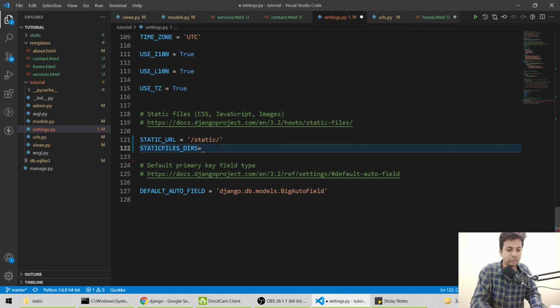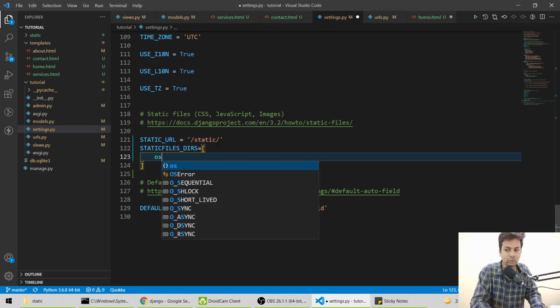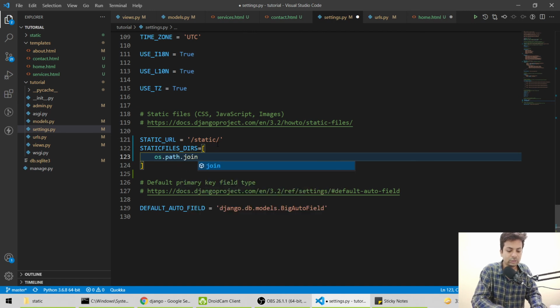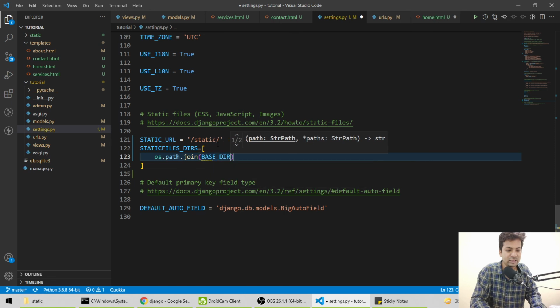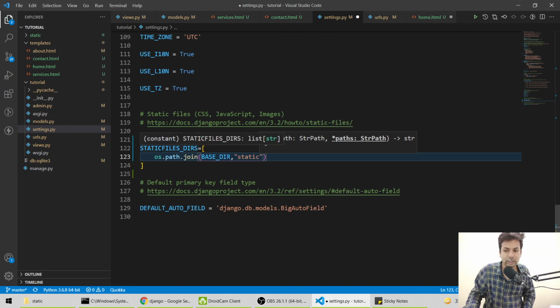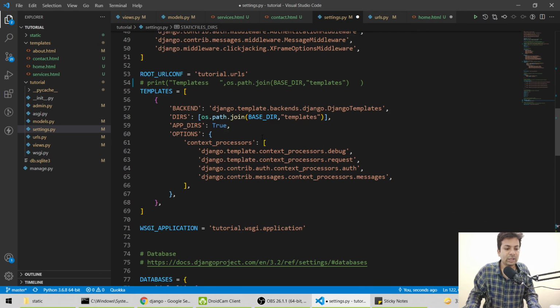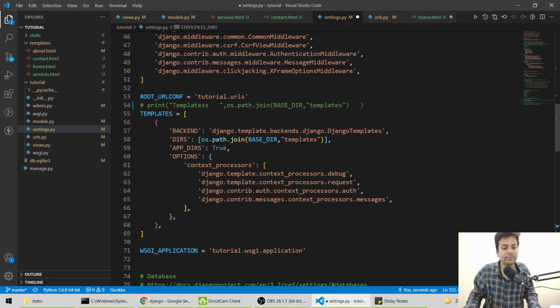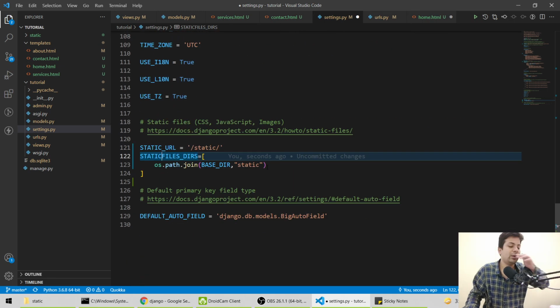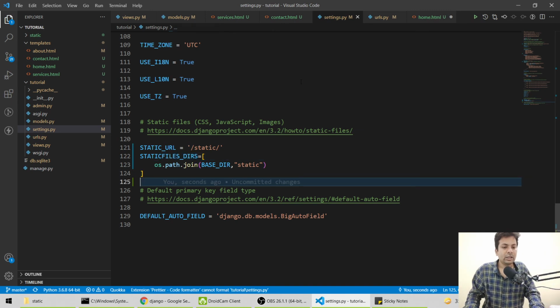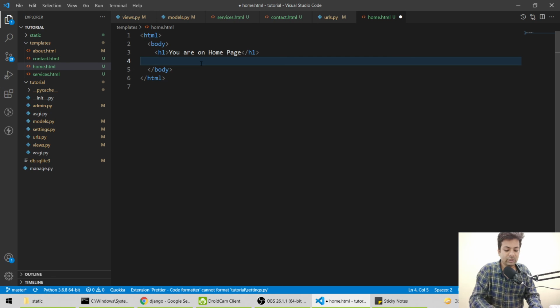dirs equals to, now here we'll say os dot path dot join, base directory comma static file. Please make sure the name is correct. We are doing the same thing in directory also, we are doing os path join base directory templates. Here also we are doing the same thing. You can just print it here also, check it, just close it, and in this we'll say image,